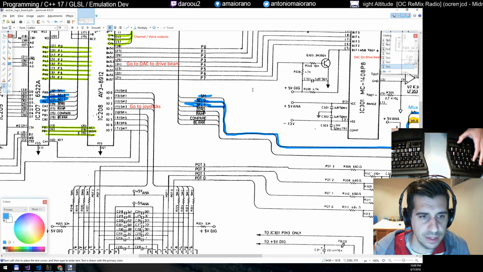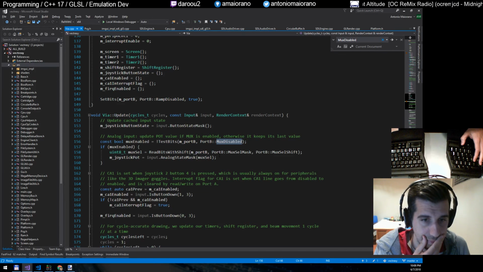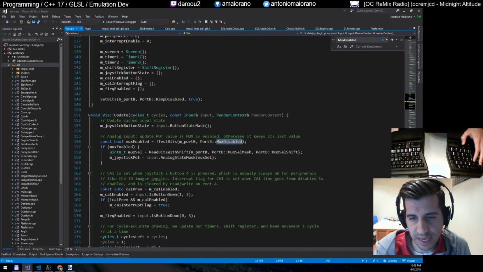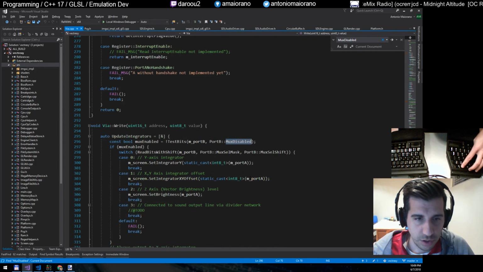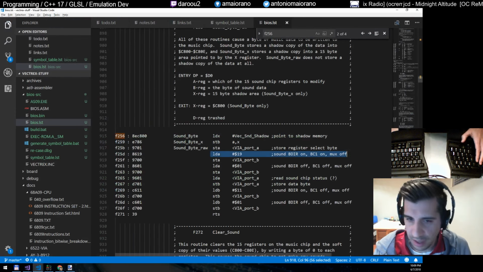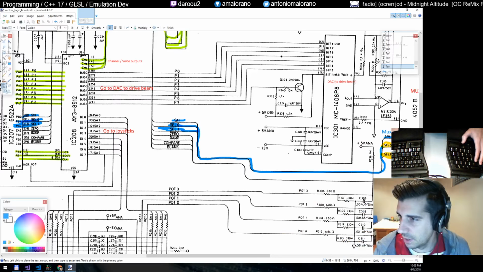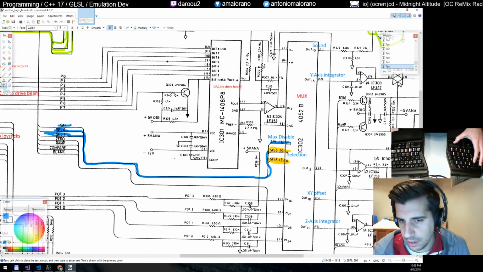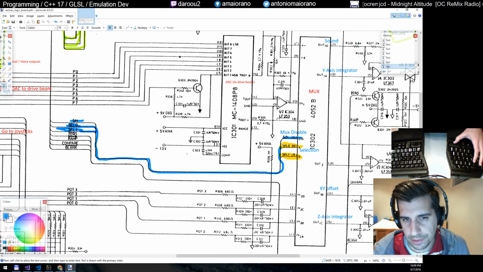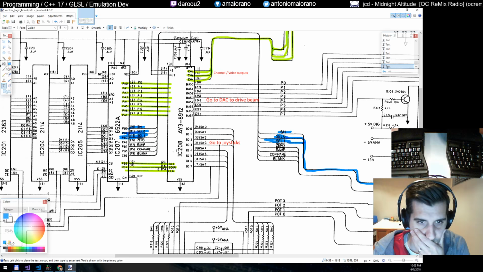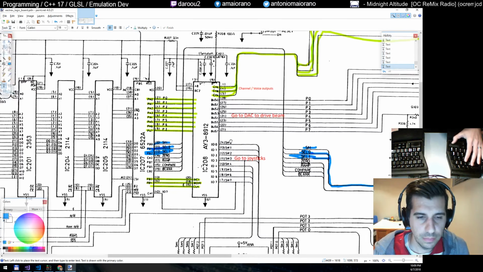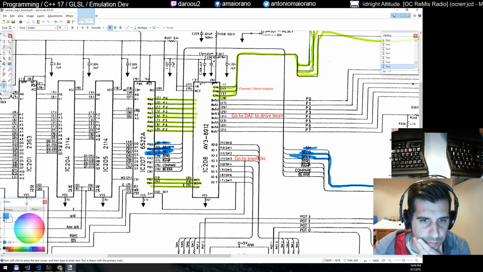Let me see if that makes some sense. Update pot value if mux is enabled. Otherwise it keeps its last value. No, okay, so it's actually when it's enabled. Enabled as well. So far I don't have any case where the mux disabled means anything, but for audio it looks like it needs to be disabled. Let me see if I can make some sense of that. So if the mux is enabled,